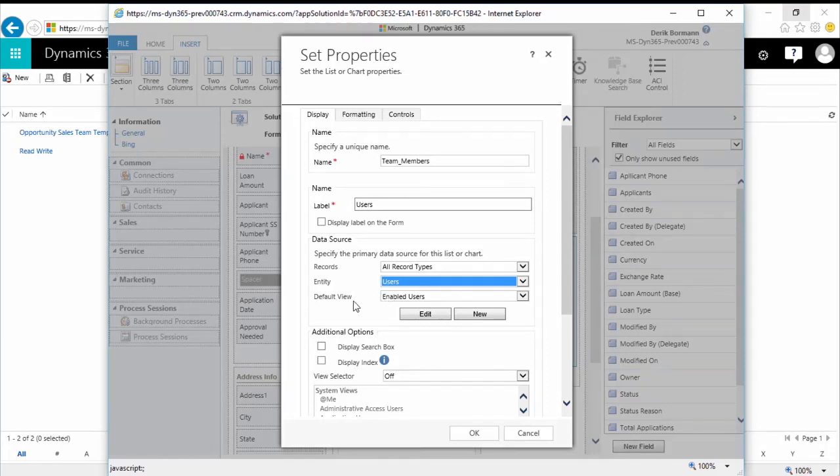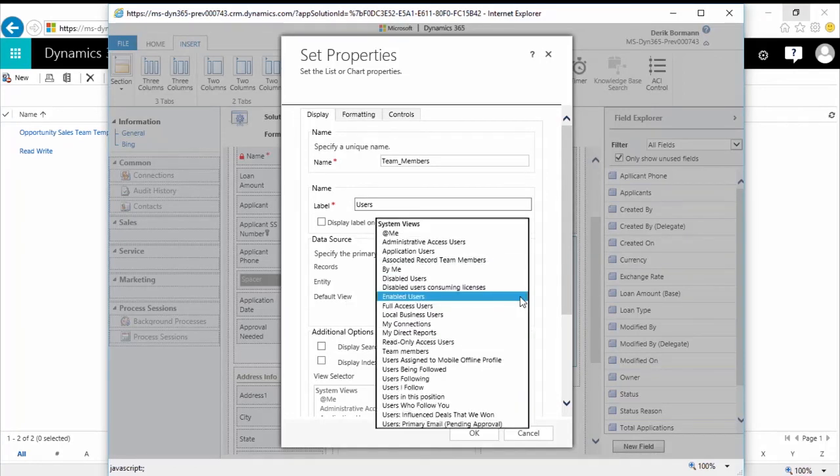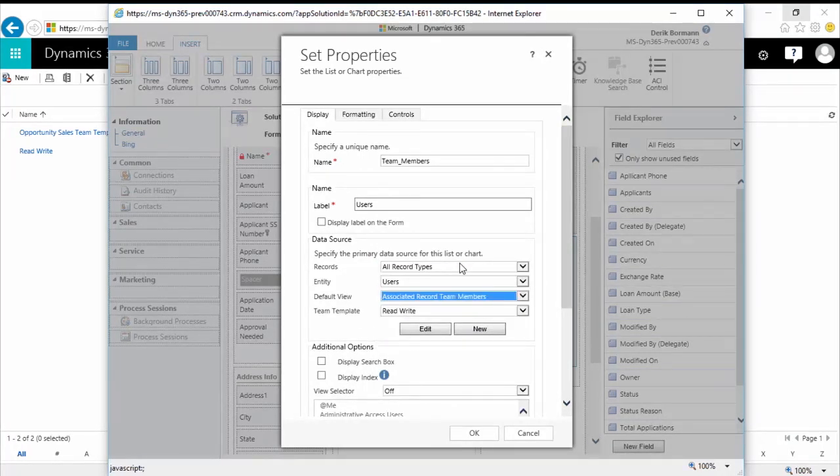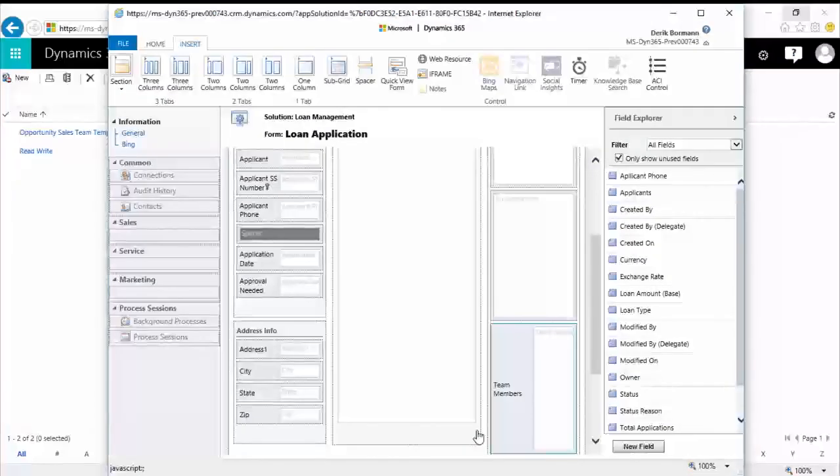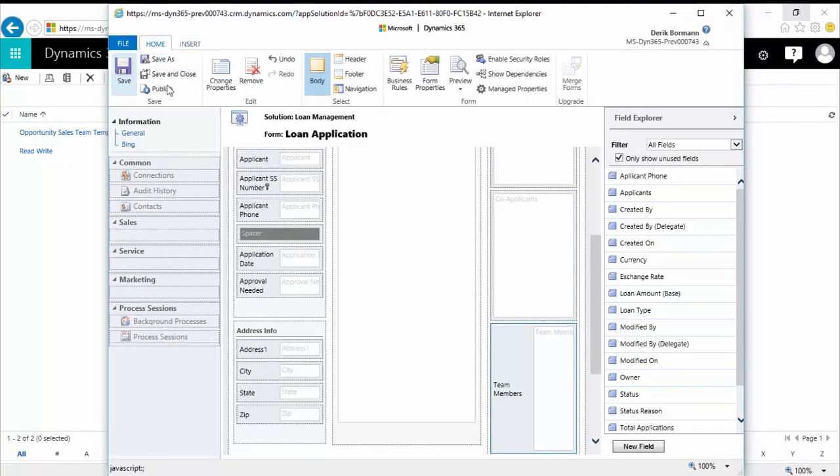Then when I see my default view, I'm going to switch this from enabled users to associated record team members. And this is basically what enables this functionality for the access teams. Now in this case, you'll see that the team template now gets added, which is the access team template that we've defined earlier. So I'm going to call this label team members and display the label on the form. Go ahead and click on OK. And now if I save and publish,